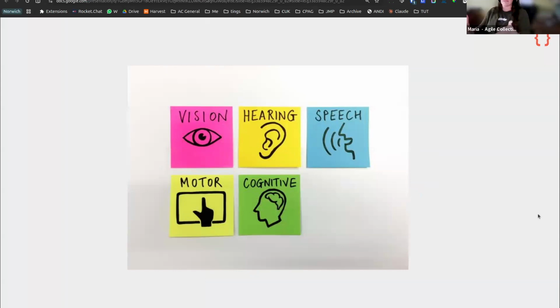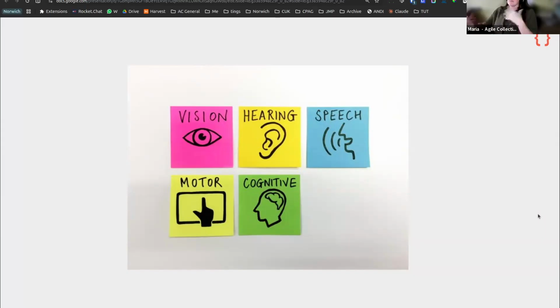So just briefly, you'll have seen this sort of slide before when we're talking about accessibility. There are various aspects of accessibility that we focus in on. We often talk about vision, hearing, speech, motor and cognitive functions specifically. So making sure that people don't experience barriers if they have vision impairments, for example, or speech impairments. In this case, we're focusing right in on cognitive accessibility, and that's to do with stuff that's going on in your brain or in your mind.